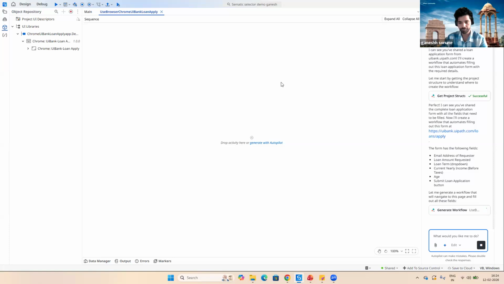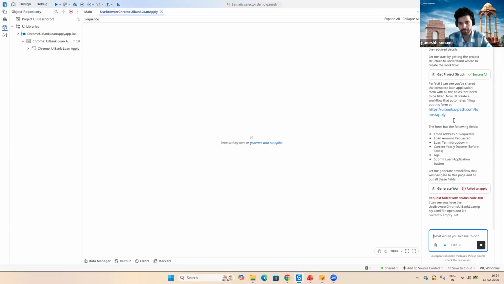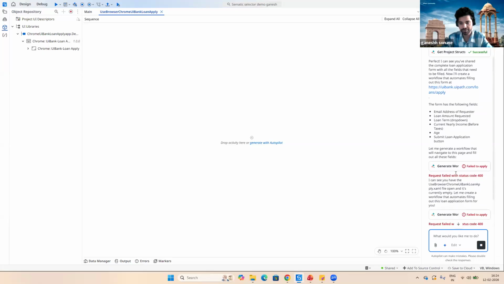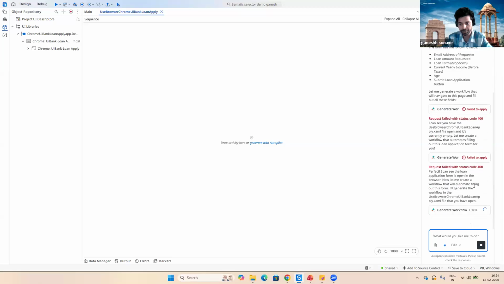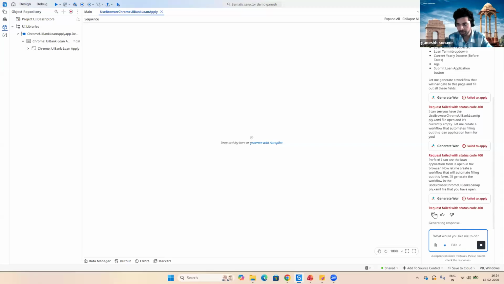Generating a workflow. So it understands that, and it's saying that we can do the email address. This is the URL and email address, and we can do that over here. Let me retry this.